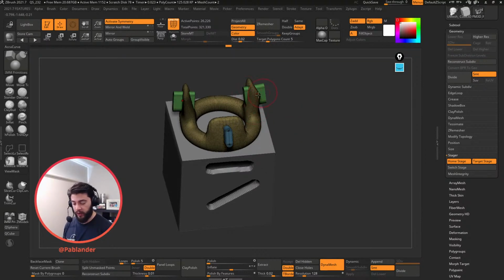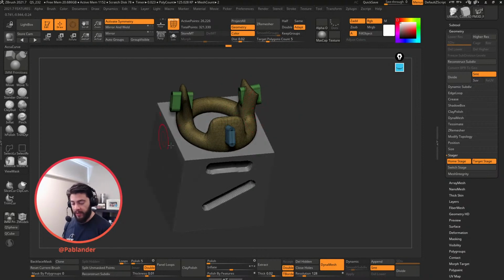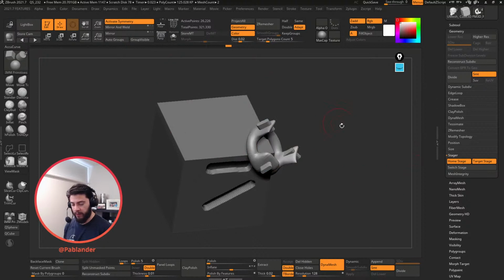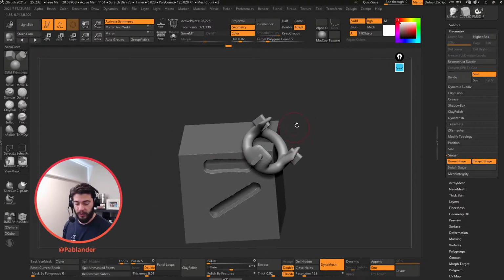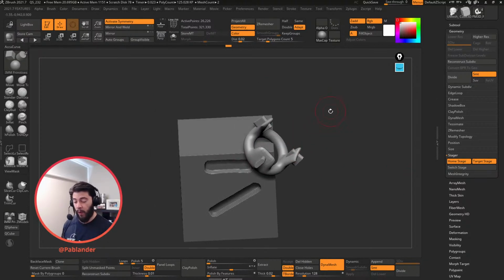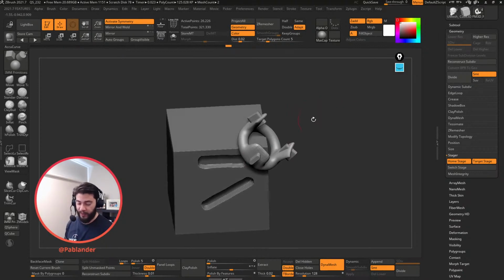If I wanted to, I can re-Dynamesh that as well, but I'm not gonna do it just because I wanna show you that anything that you do in here is translated perfectly fine to the target stage. So this is one of the greatest features of the new version in terms of workflow, because you can literally work for production in a T pose or an A pose, but you can have all the assets or accessories of a character in that T pose,